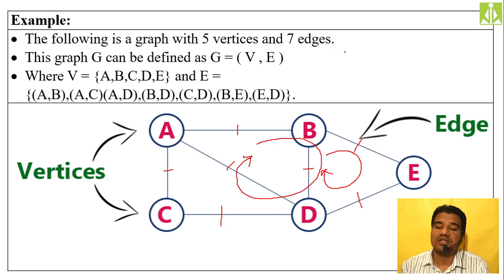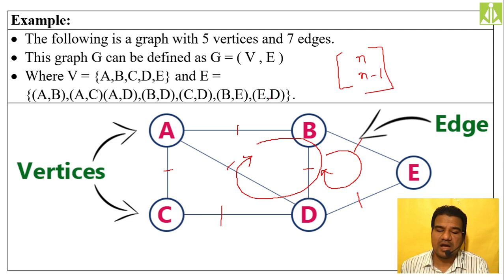And moreover, the concept of n vertices, n minus 1 edges. See, in your data structure, if you are having loops, that means this property is already violated. If you have a loop, this property is already violated. So that you can confirm over here. How many vertices do we have? 5 vertices. How many edges do we have? 7 edges. So 5 vertices, 7 edges. It completely violates the tree property. So it is not a tree.